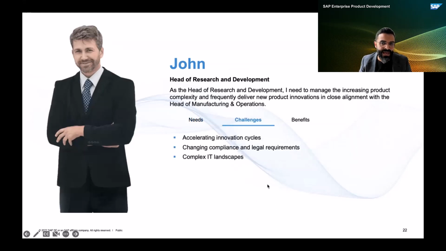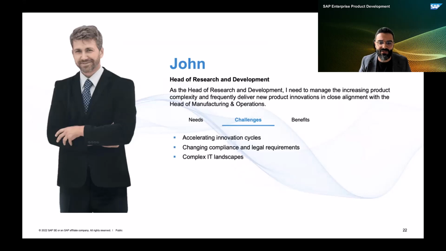Our end-user research for R&D personas indicates that all of these needs are very challenging to be addressed, right? Because on the one hand side, you have accelerating innovation cycles. Everybody expects that you deliver new innovations faster. At the same time, your supply chain is in distress, and you're not able to get the right parts at the right time. On the other hand side, we see more and more compliance and regulatory pressure on R&D roles, because they need to comply with, for example, new laws,